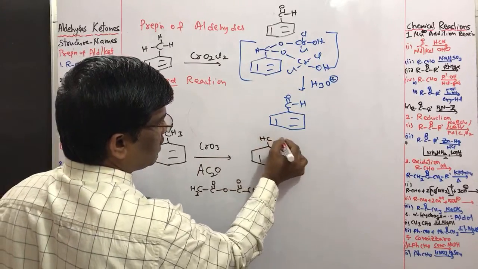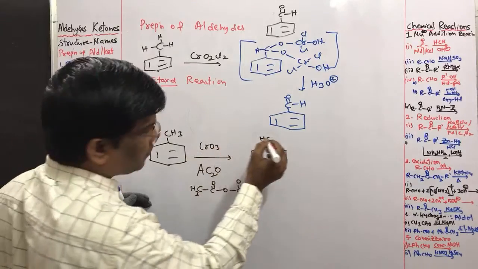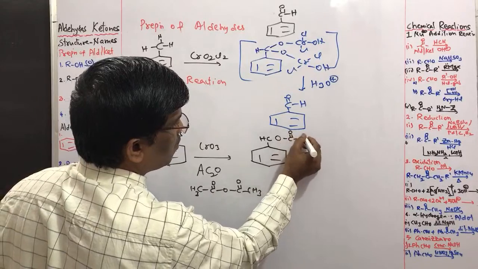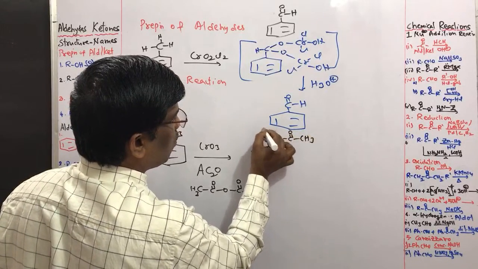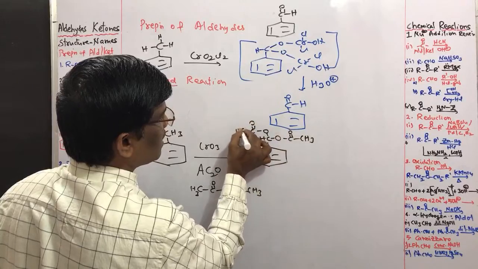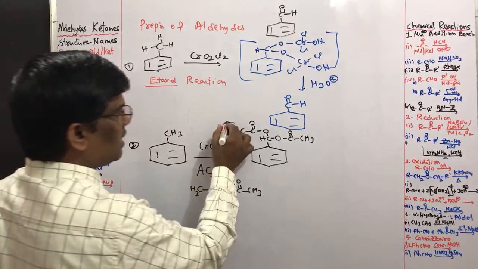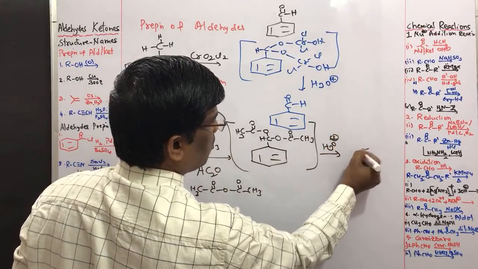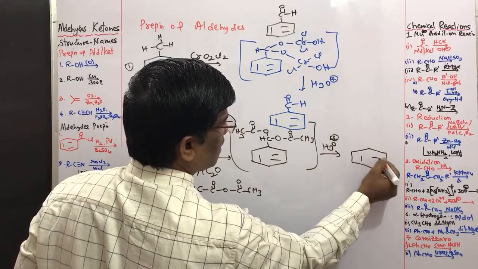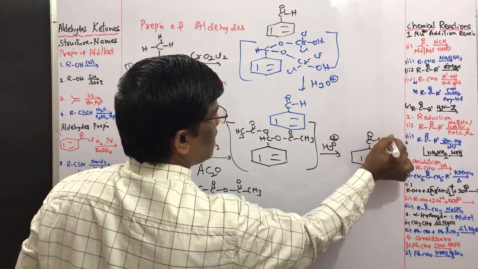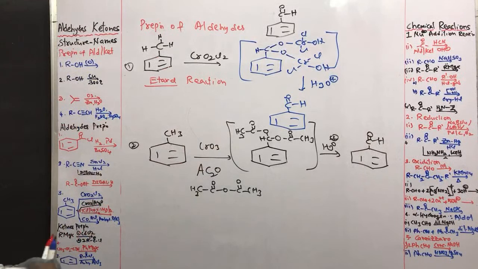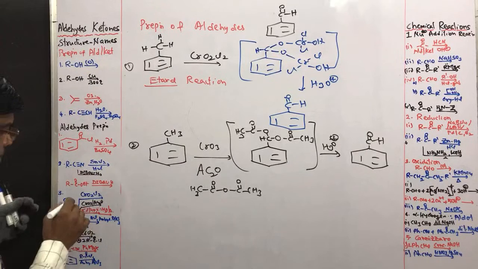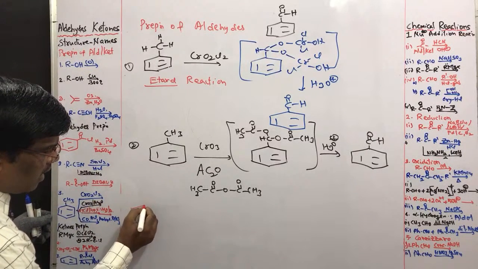And the intermediate, you may be asked this intermediate also, has OCOCH3 and OCOCH3. Yes, so this intermediate is going to hydrolyze upon acid hydrolysis to give benzaldehyde. This is the second method. And the third and important commercial method for the preparation of benzaldehyde is from toluene by